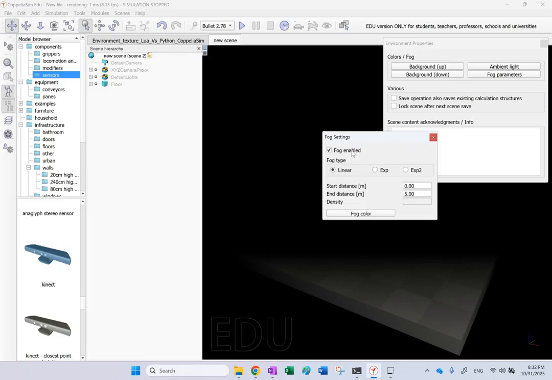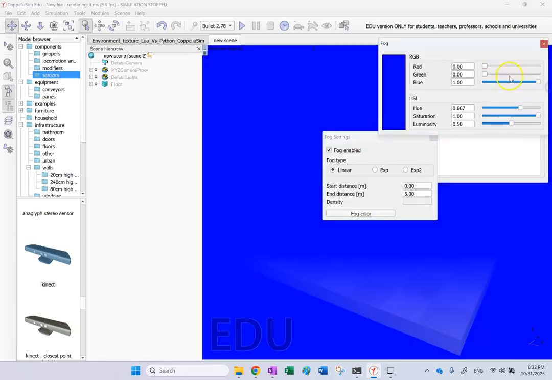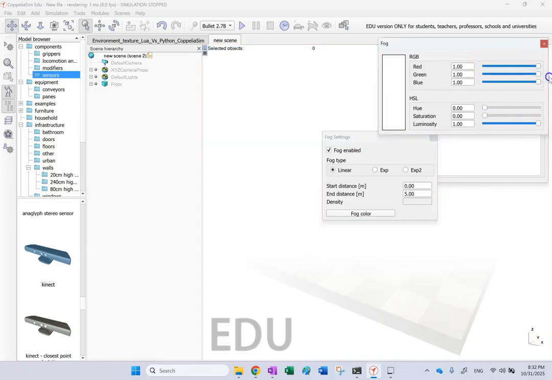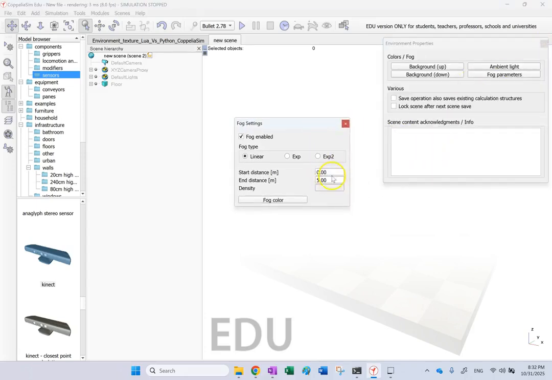So look, as soon as I say fog, now I can do linear fog or exponential or something. And then there is a start distance and a stop distance. But let me first make the color of the fog white instead of black. Okay, so I'm going to make the fog like this. If you make it black, actually you can kind of simulate smoke too. So let's say this is what I have, and right now the start distance is 0, the end distance is 5. So if I change the start distance to 1 meter, you see now I can see a little